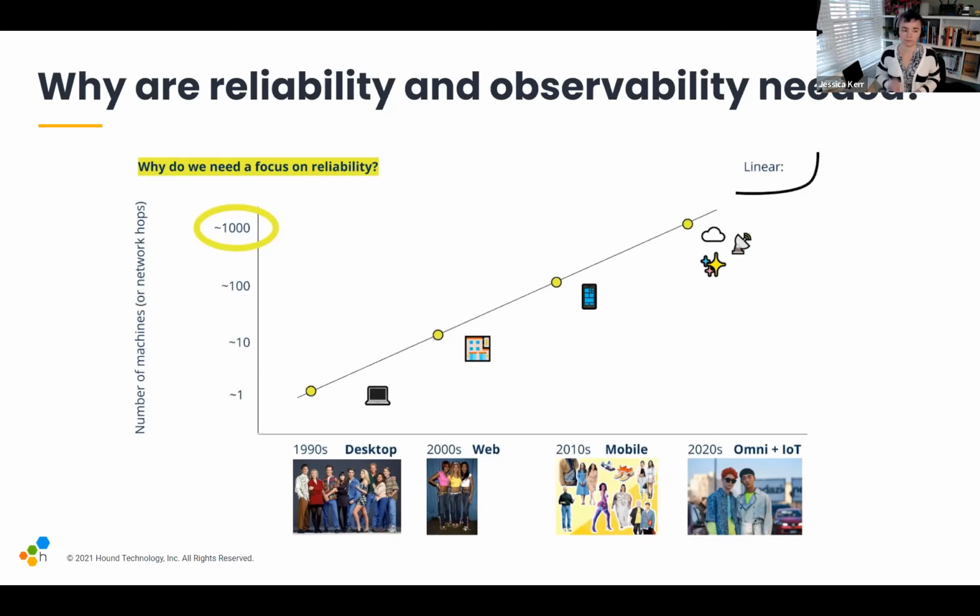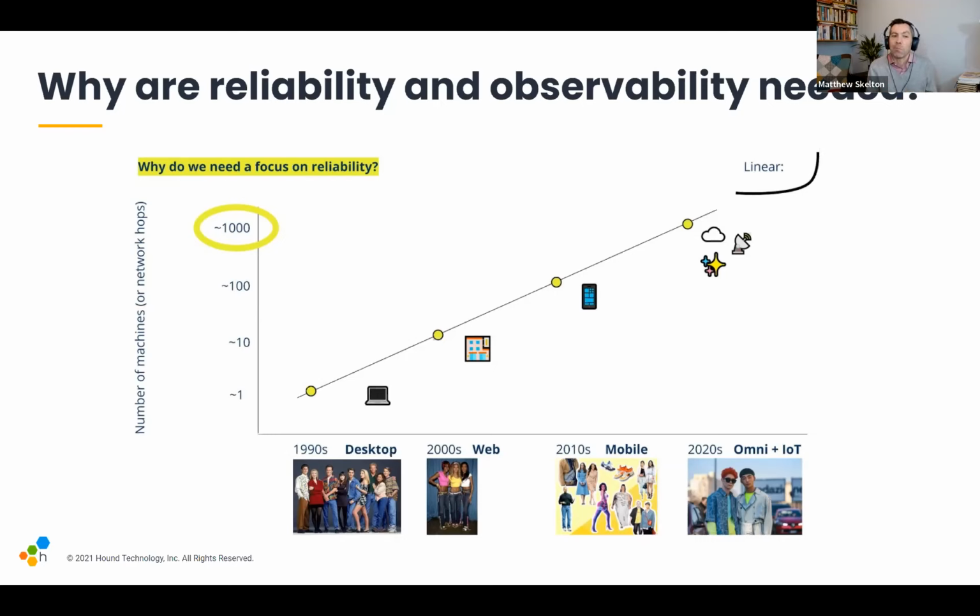Mm-hmm. And now, 2020s, we're talking in terms of nodes. It's not necessarily a server sitting in the corner, but the number of nodes in terms of containers. And these compute nodes are often ephemeral. They spin up, and then they're gone in half an hour or 5 minutes or even a few seconds if you're talking about serverless under the hood. So maybe there's roughly 1,000 compute nodes involved in a sensible-size